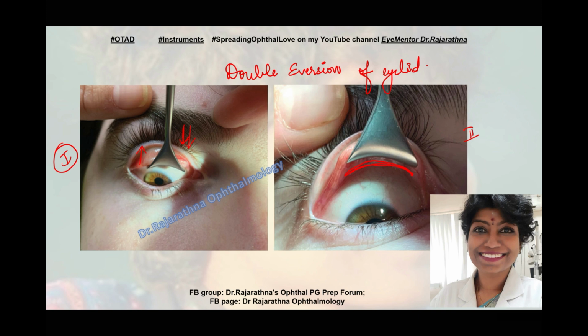Now Desmarres typically has 2 sizes. One is adult and a pediatric size, because the tarsal plate height is different in an adult and a child. Now what is a typical height? Homework for you is, what is a typical height of the upper lid tarsal plate in an adult? So that's the homework for you.